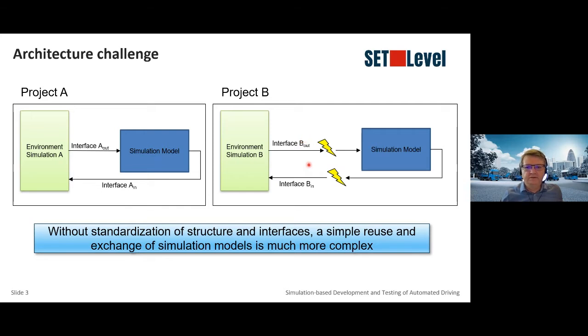And this is the usual way how we work today in automotive industry when we exchange simulation models. So what is clear is without any standardization of structure and interfaces, the reuse is not as simple as it could be, and this is what we work on.